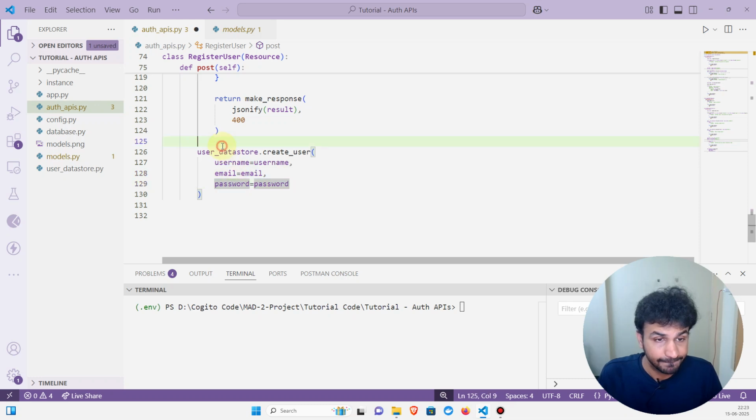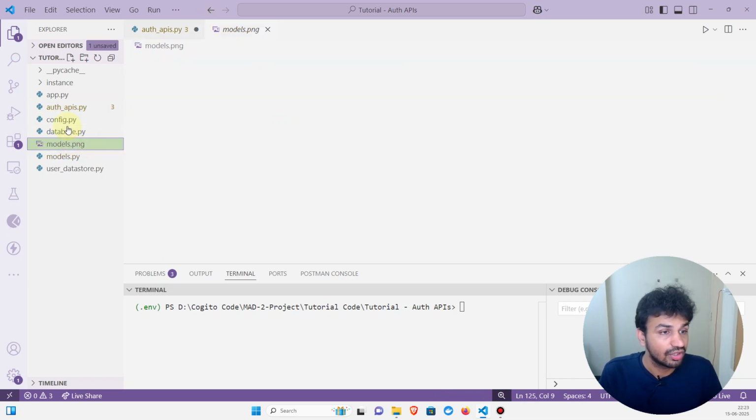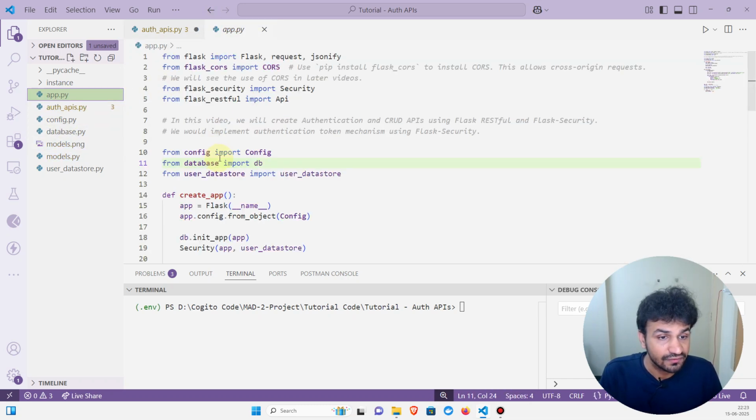And now also I have to specify, when I'm creating a new user, what the role is. Let's assume that whatever request we are sending, we are creating only the user and not the admin. So if you see in the models in the app.py file,